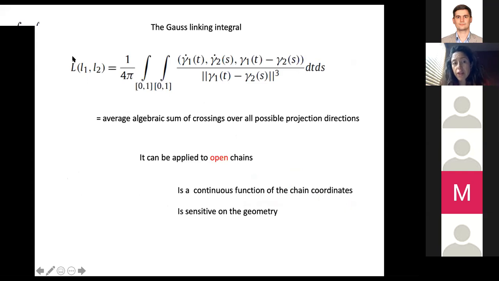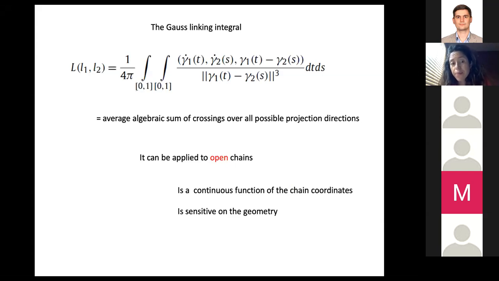I think you have heard about it in previous talks. And a way to express this integral, to explain what it means, is to see it as the average algebraic sum of crossings over all possible projection directions. That means we have a curve in 3-space, we choose a projection, we get a diagram, we count the classic linking number, and for closed curves that was independent of the projection we chose, so the average was just